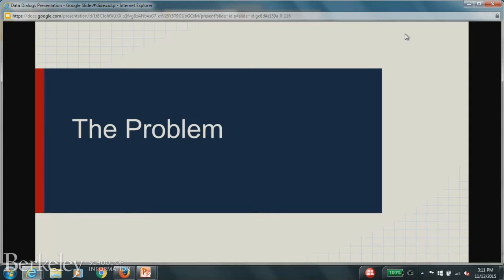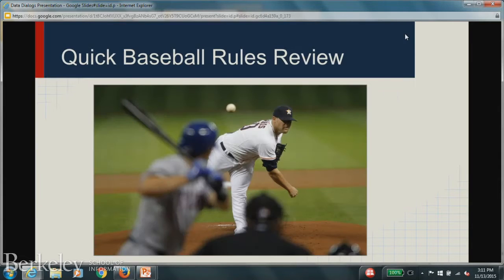So our project was about baseball and machine learning. So a quick baseball rules recap for anyone who isn't familiar. So baseball, you got the batter, he's got a round bat. You got the pitcher, he's got a round ball. And you got to hit that round ball with a round bat that's traveling close to 100 miles an hour. So the batter has about 0.4 seconds to decide where that ball is going to be, whether or not he should swing. It's really fast, and then he tries to hit it as hard as he can